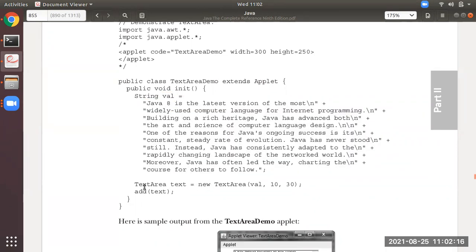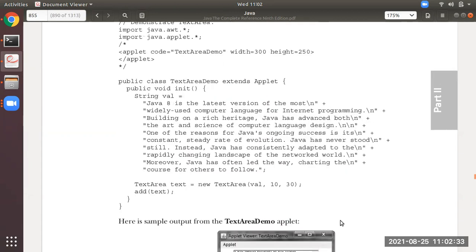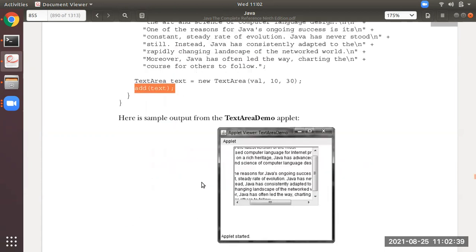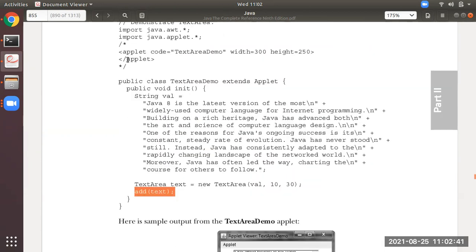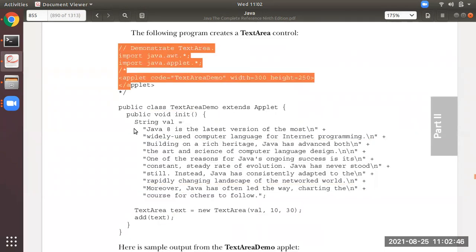Now use the TextArea class, provide the object instantiated, and in the constructor you specify the string variable val, and provide how many lines, 10 lines, how many characters, 30 characters in one line. And add it to the window. Then just try to compile and run. You will be able to see the output. If you want, I will show you the output also. It's simple.